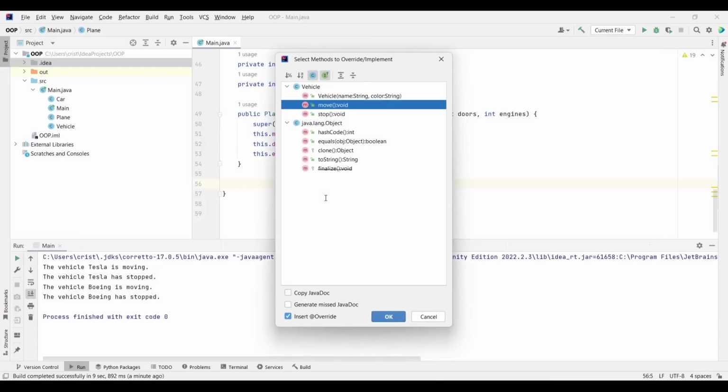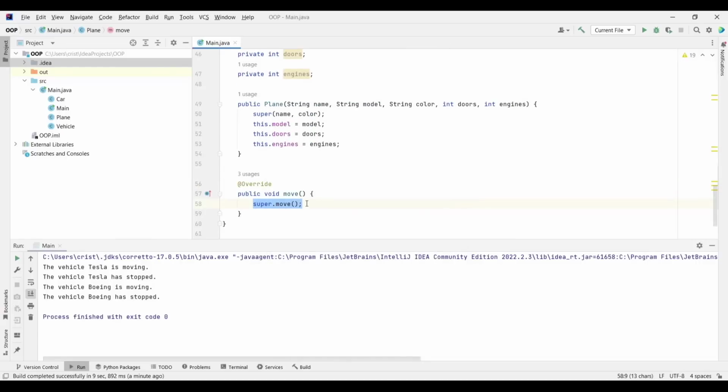So let's override the move, and super.move means call the super method from the class from which we are inheriting. And I'm gonna add here a SOUT, which is gonna say moving by flying.